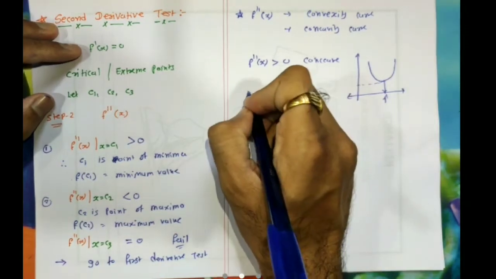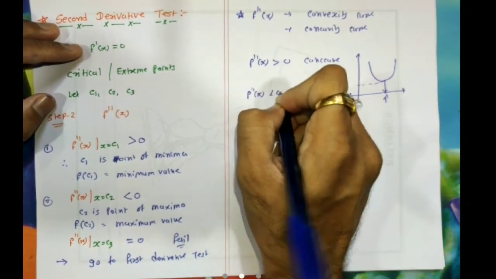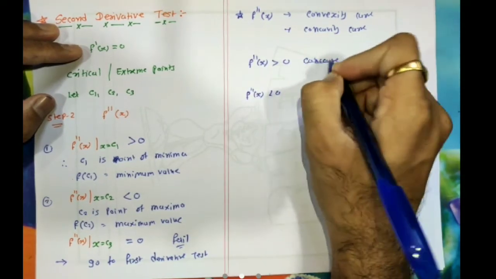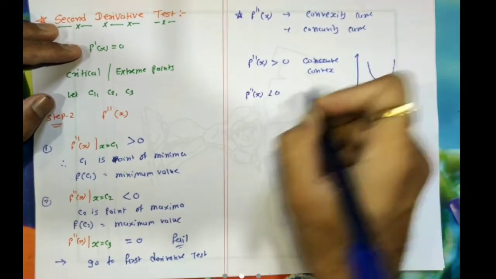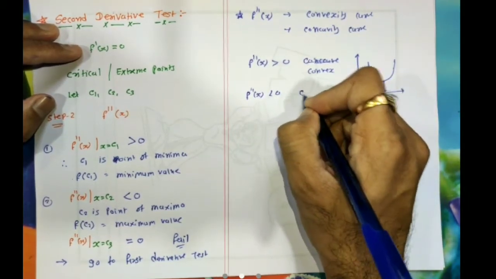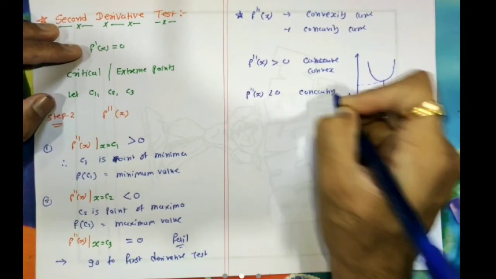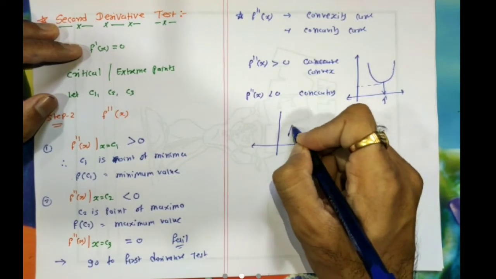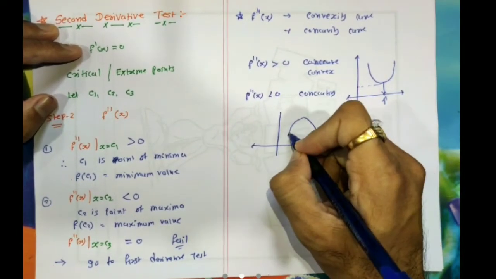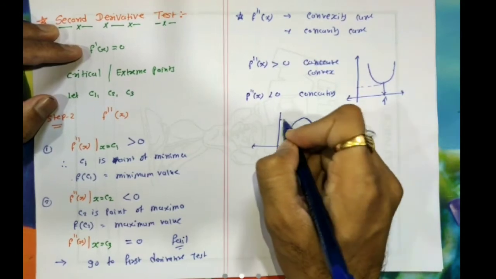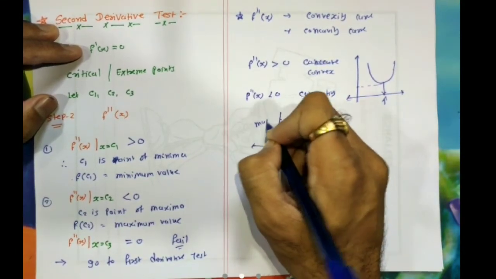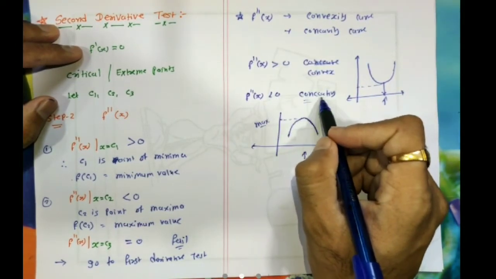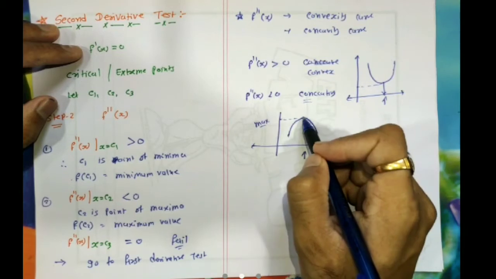Clear? And for the second order derivative, suppose it is less than 0. I said that the wrong way round. For f double dash x greater than 0 the curve is convex, and for f double dash x less than 0, it will give the concavity of the curve. Concavity means the curve will be like this, a concave curve. Seen from here, the curve will look concave, and for this we are getting the maximum value of the curve. Clear? So if f double dash x is less than 0, it shows the concavity of the curve, and for a concave curve we are getting the maximum value of the function.